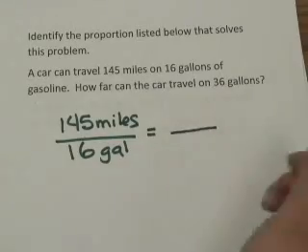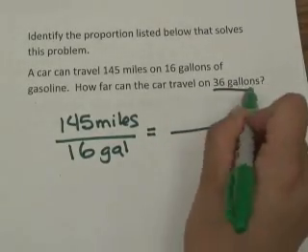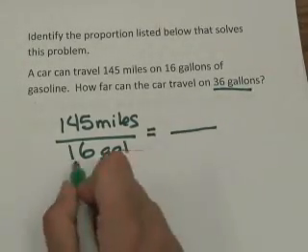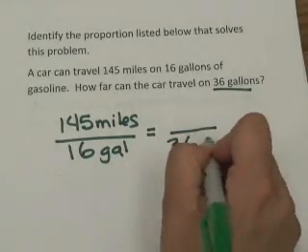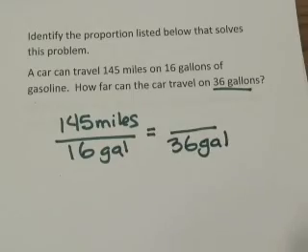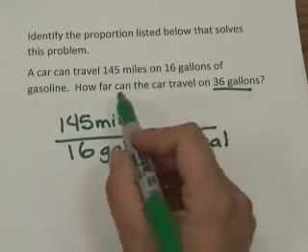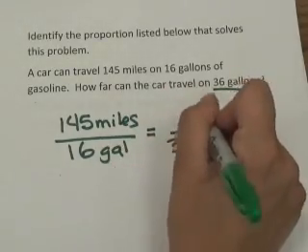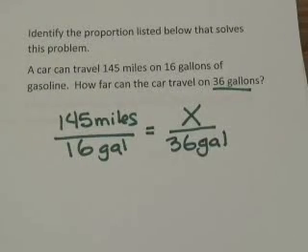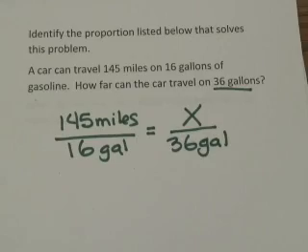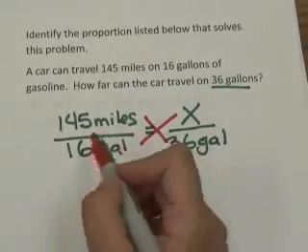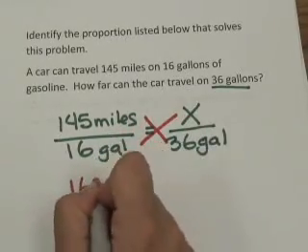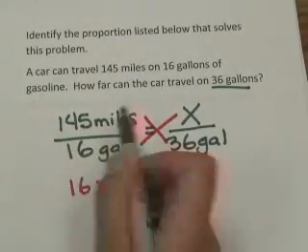Now when setting up the proportion, it's important to put the units in the same place. Since I already have 16 gallons in the denominator, I'm going to place 36 gallons in the denominator in the second ratio. Now what we're looking for is how far the car can travel, which is actually the miles. Now, in order to solve this proportion, we're going to use cross multiplication in order to find out what x will be. Well, 16 times x gives us 16x, and 145 times 36 gives us